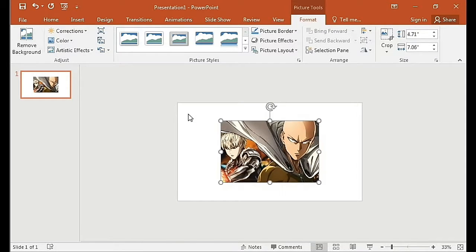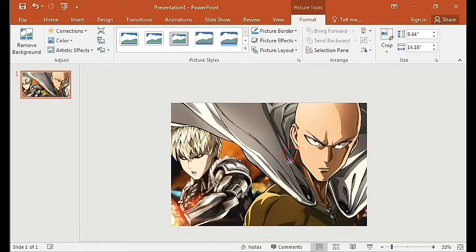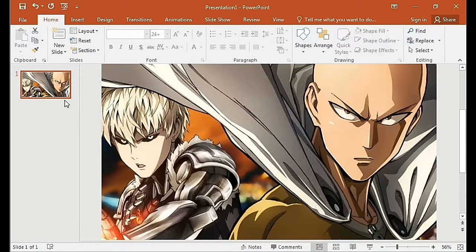But as you can see, just like what I am experiencing right now, the image doesn't take up the whole slide. So what you're going to do is to scale the image to fit the whole page or the slide. So let's do that right now. There. Now that you have done scaling the image to your liking,